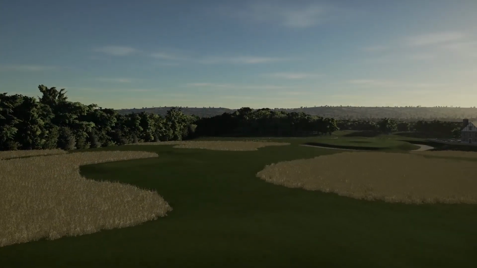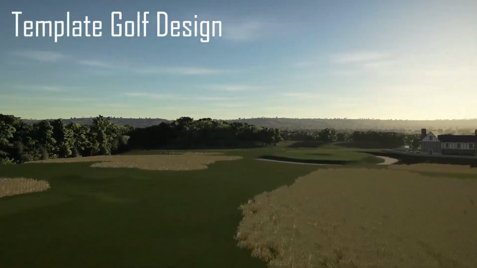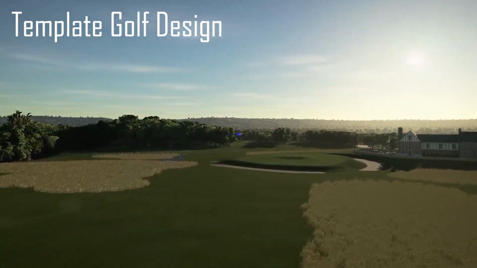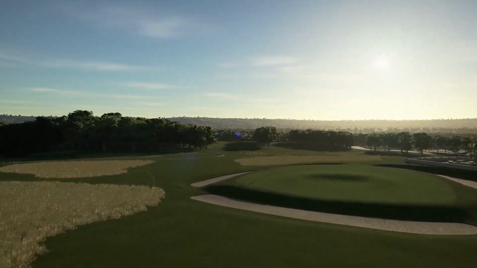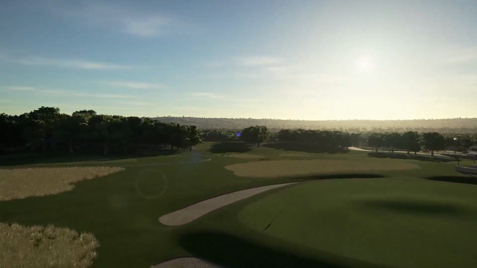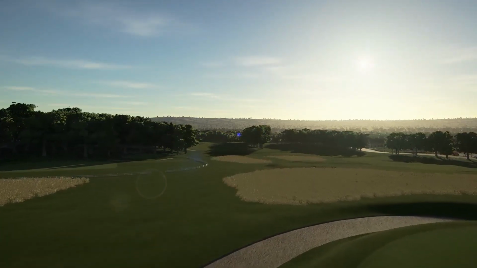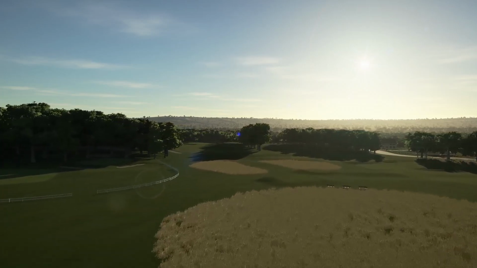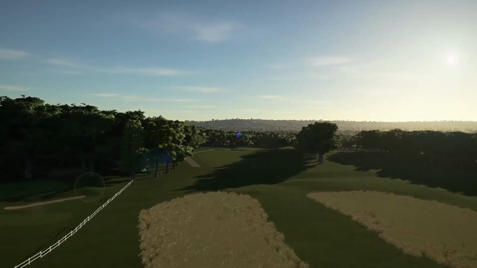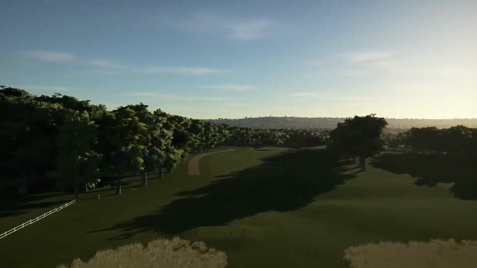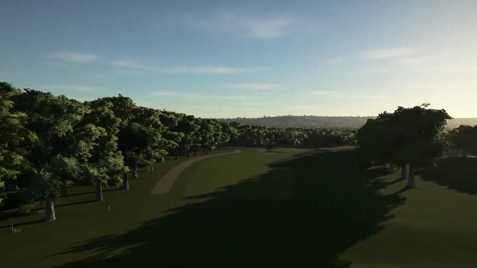Welcome back to the channel and a new, long overdue series where we look at template golf holes and what they can offer you in your design. For me, studying these templates was a real breakthrough in understanding golf strategy, and more than anything they give you an understanding of how you can incorporate natural features in your own designs in a way that will make compelling and varied golf holes. The first myth to dispel is that template holes are unoriginal and a copy or paste